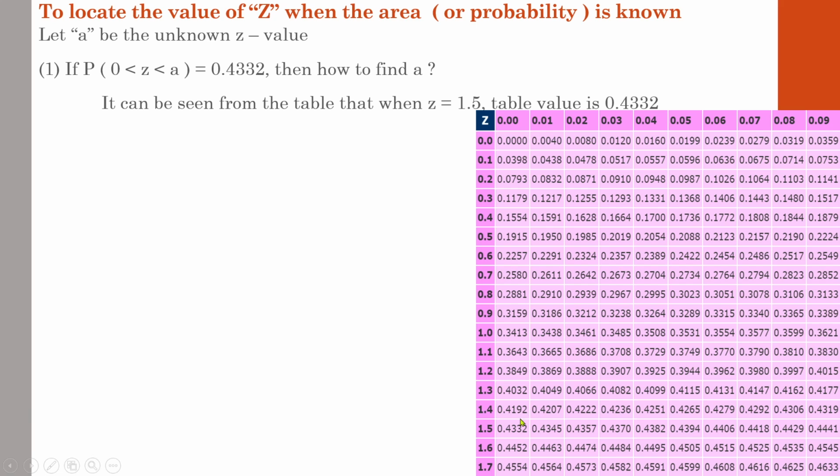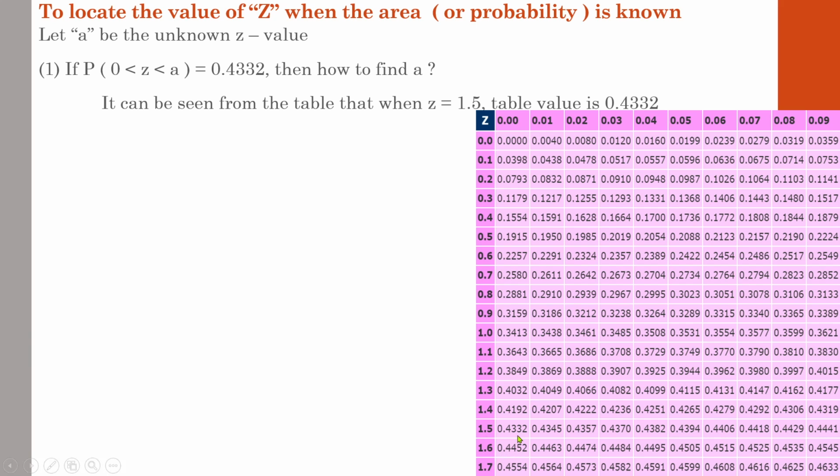0.433. Okay, now if you go to the next line, 0.433. See, we are coming closer to that. 0.4306. We need the exact value, 0.4332. So go for it. 0.4319. See, 0.4332. Remember, in the examination you will be dealing with a question where you will never ever get a value